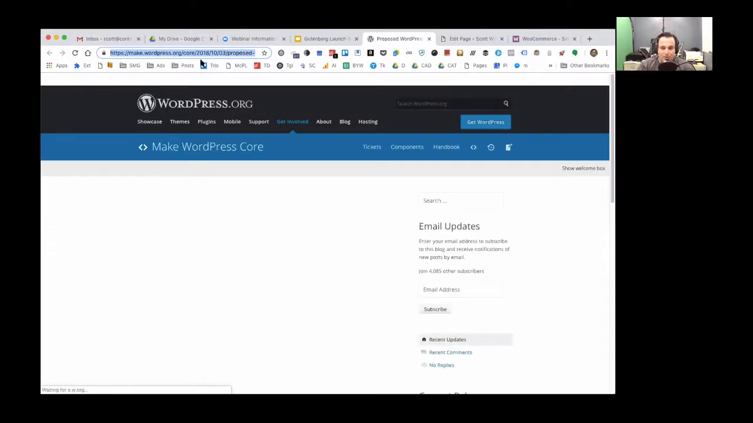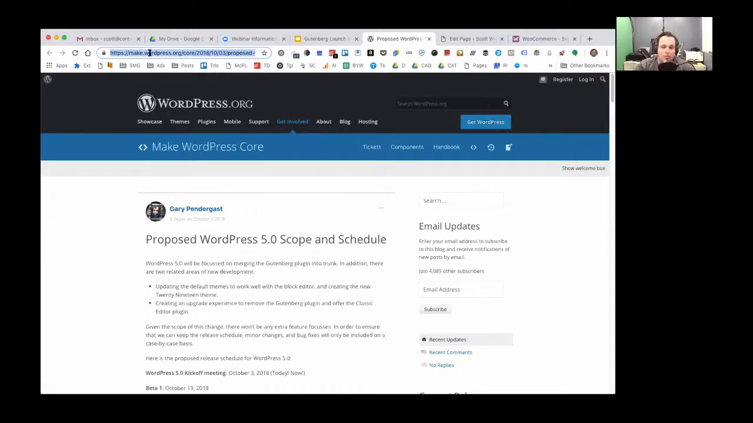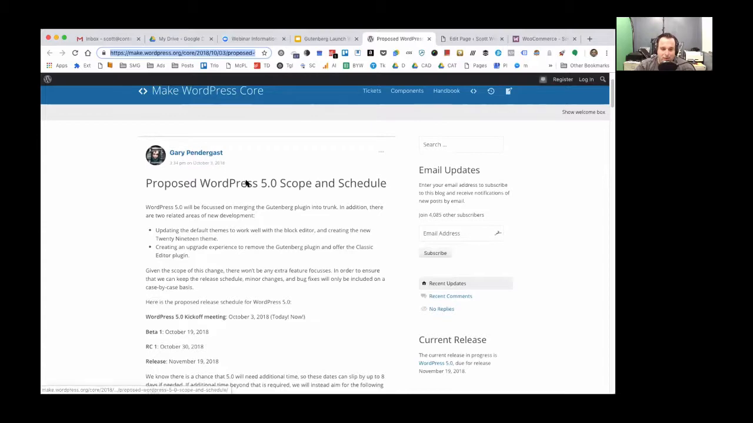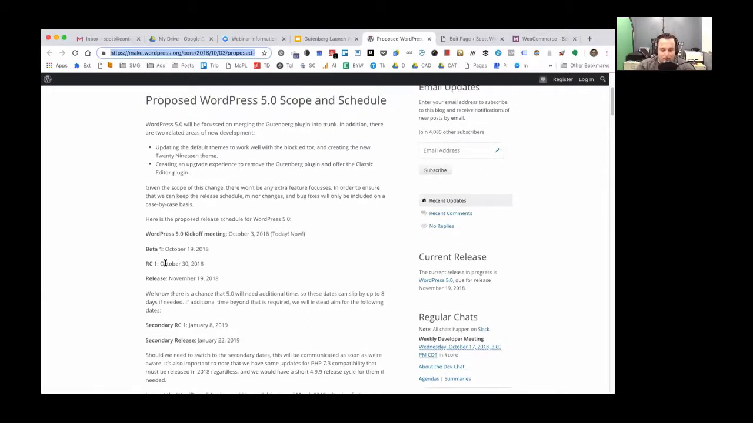But if you go to the make.wordpress.org core blog, you'll see here Gary Pendergast, who is a core contributor to WordPress, has announced right here the WordPress 5.0 kickoff meeting on October 3rd and a release date of October 19th, 2018. So ultimately, right now it's in what's called the release candidate phase, and then ultimately WordPress 5.0, where